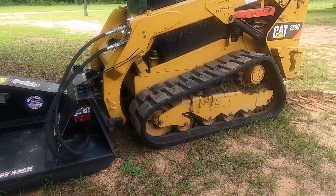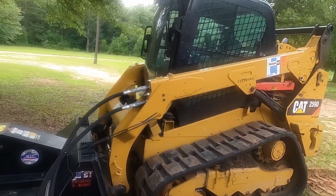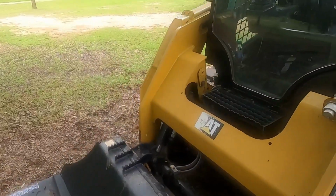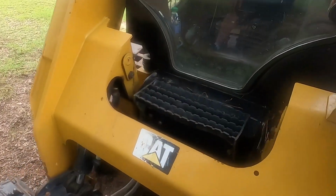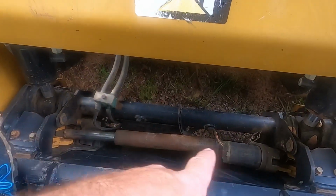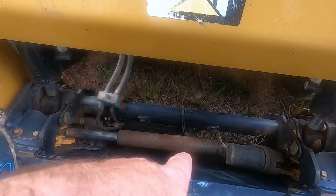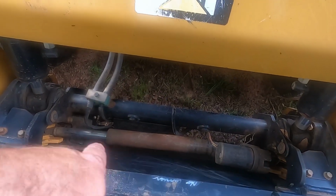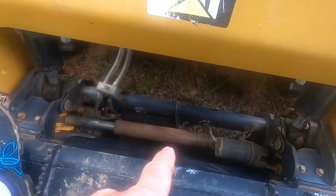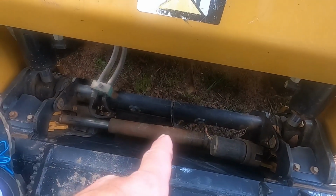Today's video, I'm working on my skid steer. This coupler, not the actual coupler, but the actuator right there, that rod that will extend and retract to lift your handles up to pull your pins so you can get your attachment off. Well, anyway, that rod right there,